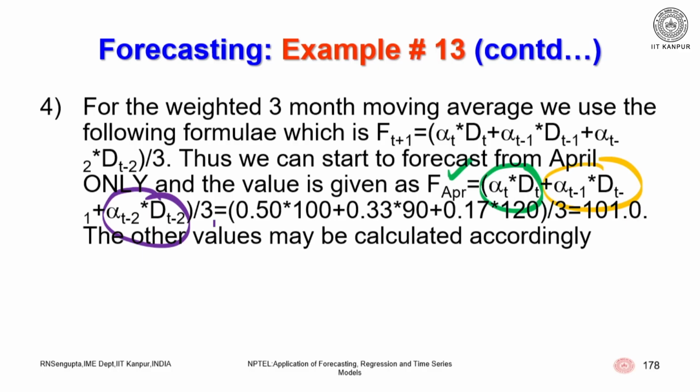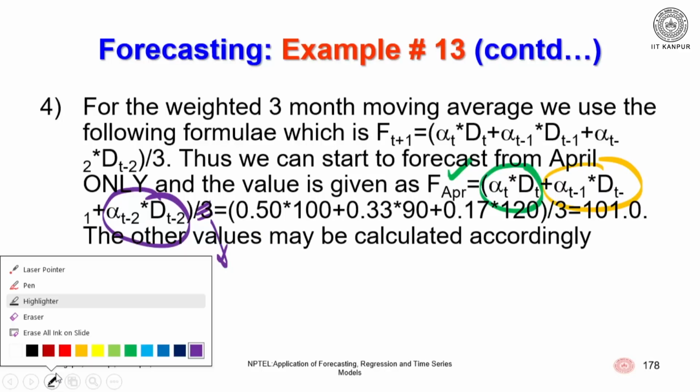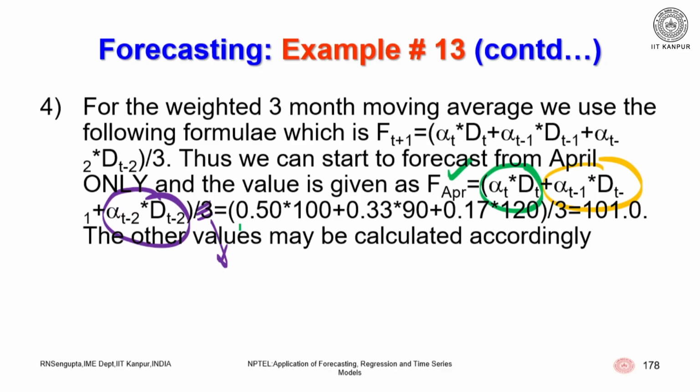Obviously, when we do that, remember one thing: this concept which I am using of divide by 3 would actually mean that the weightages are multiplied by 3, but actually the weightages should add up to 1. So, if the weightages add up to 1, then the factor of 3 would not be coming. The first value which I marked in green is basically 50%